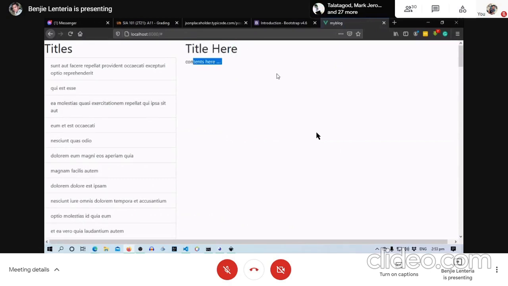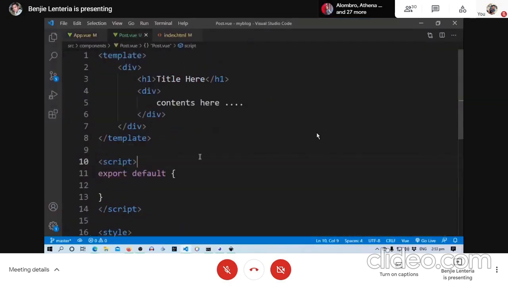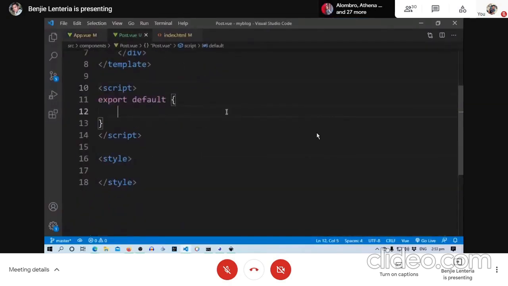We are not yet able to pass this data, which is this post, into that component post. Right now, si post yung component, walay data. But we can change that, of course. The way we can pass data between component to component in Vue is through the use of